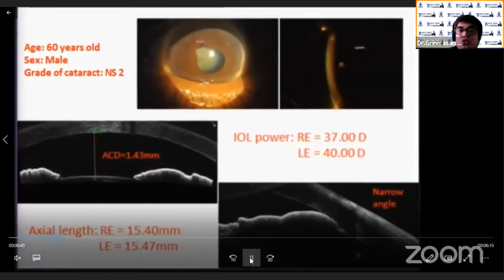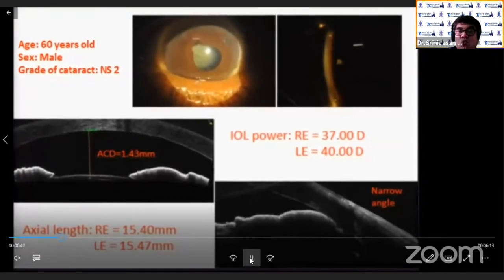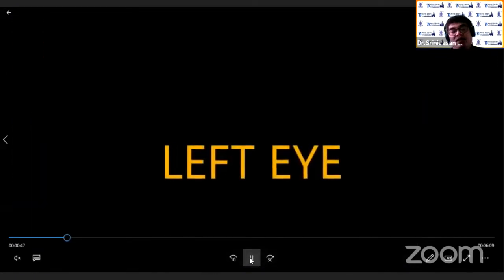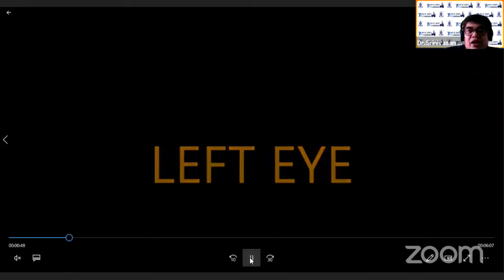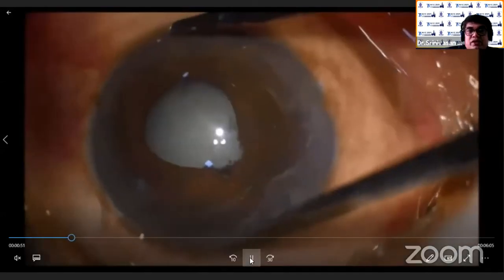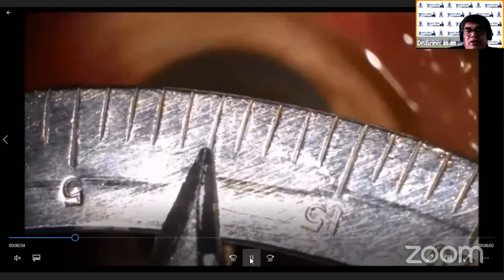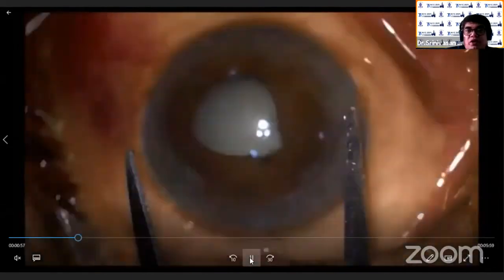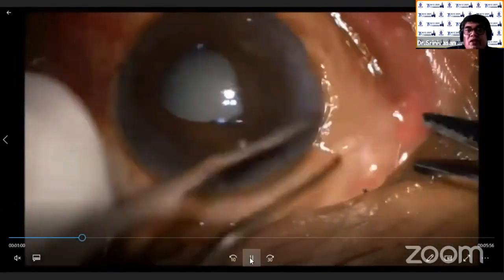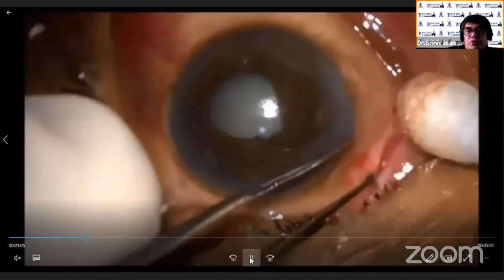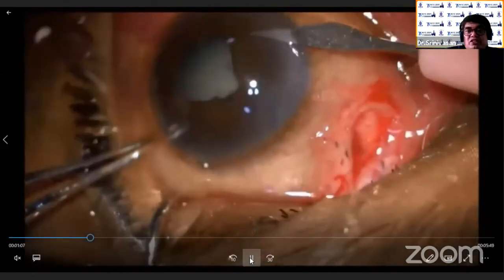I'm going to show two cases, both of the same patient. One is done with pure phaco in the left eye, and the other one in the right eye is done differently. To start with the left eye, as you see, the white to white measurement is almost 10 millimeter, both horizontally and vertically. It's a white, mature, soft cataract. A conjunctival incision is made in case it is necessary later on for any suprachoroidal hemorrhage, to make a subscleral incision.